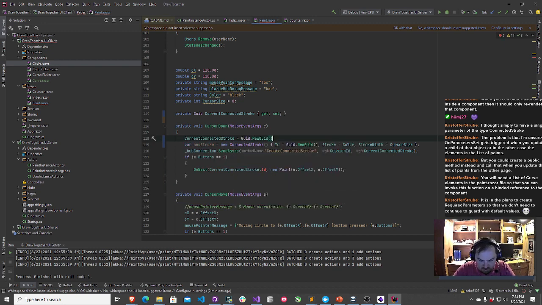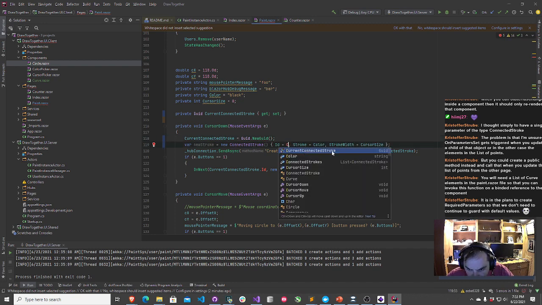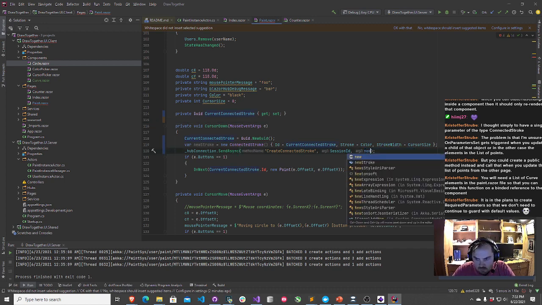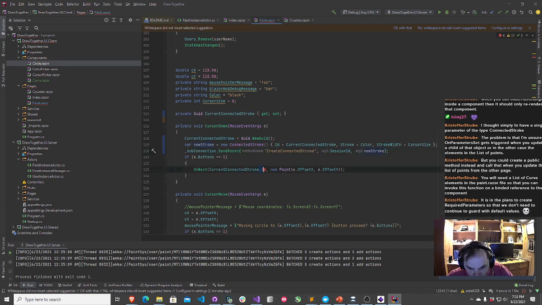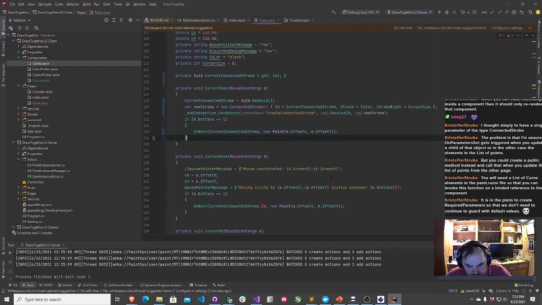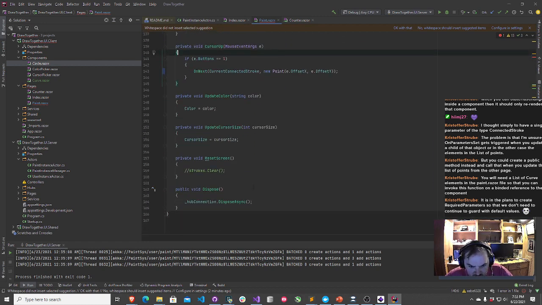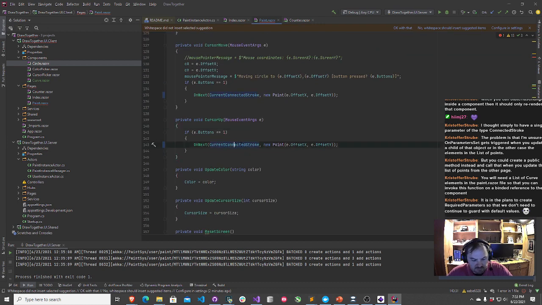I think this should work. We actually don't need the object. We just need the ID, which is what we've been using this whole time, and your on next methods here. So we'll hang on to that. Okay, that was good. I'm going to call this actually current stroke.